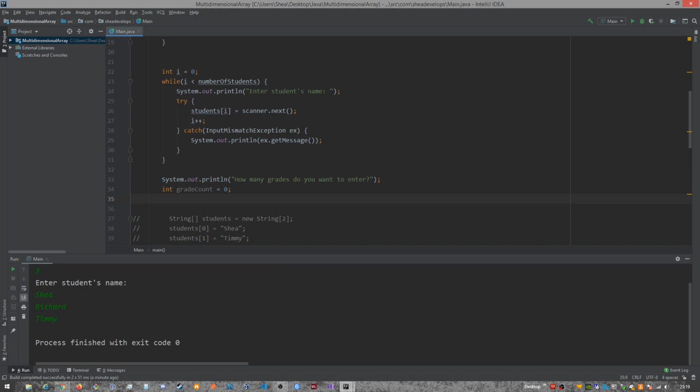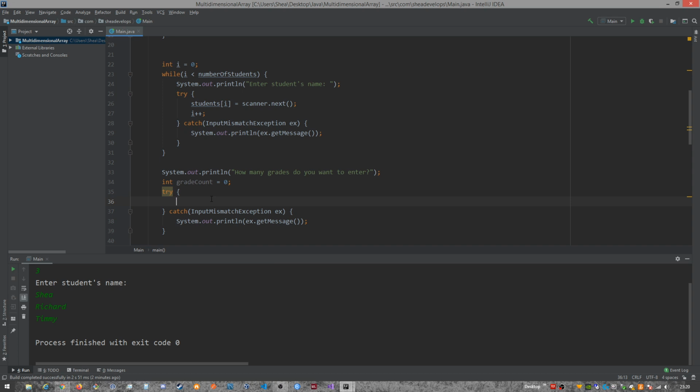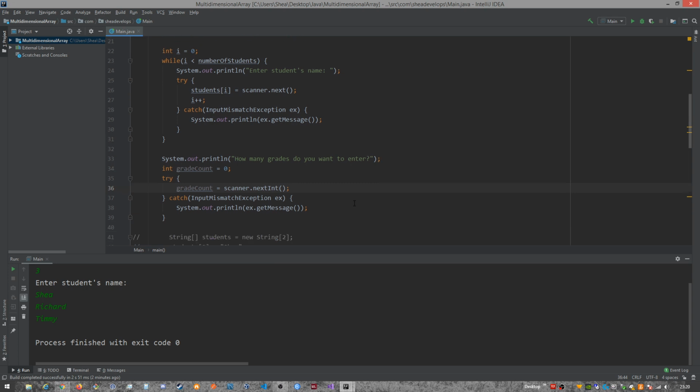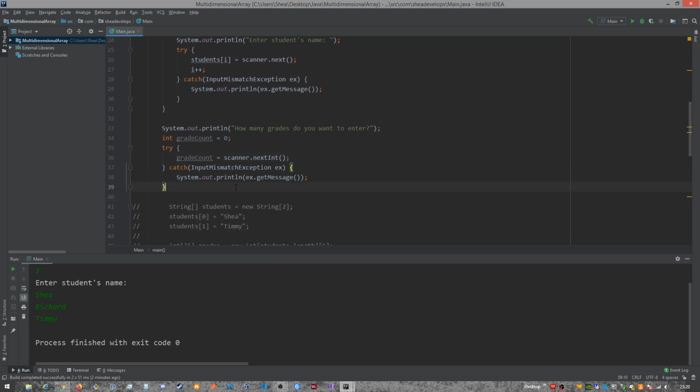Let's go ahead and do our try catch. Make sure we're grabbing our catch block here. Now, what are we trying to do? We're trying to get the grade count, right? So we can just do grade count equals scanner.nextInt, and that's it. Now we can get our grades,